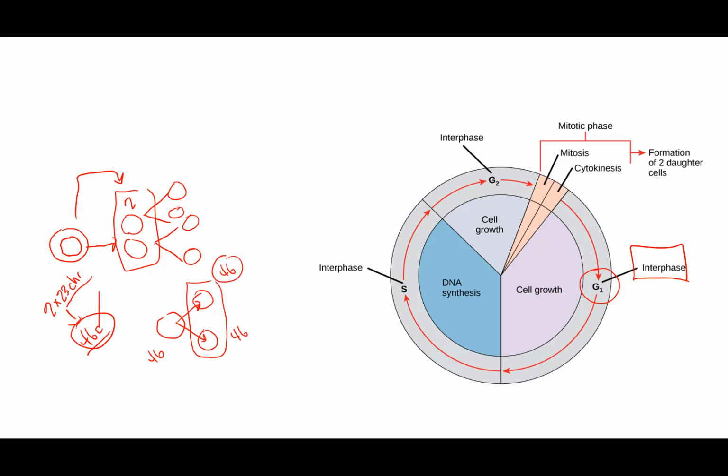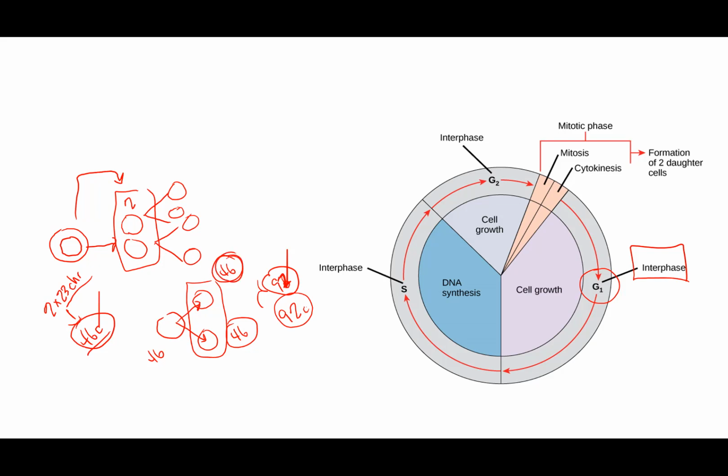If you count well, 46 plus 46 is a total of 92 chromosomes. So in order to end up with 92 chromosomes and then divide them into two sets of 46,